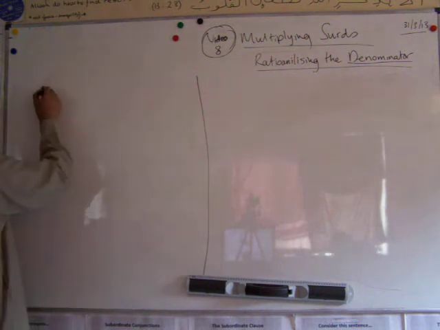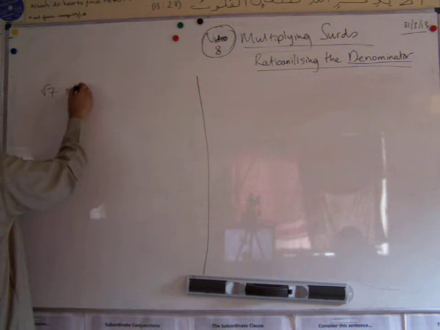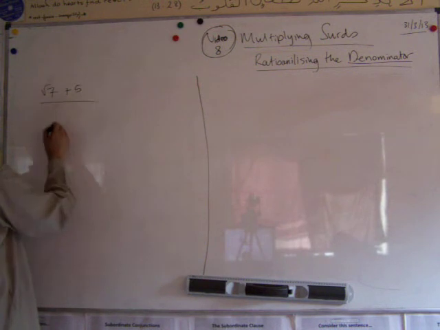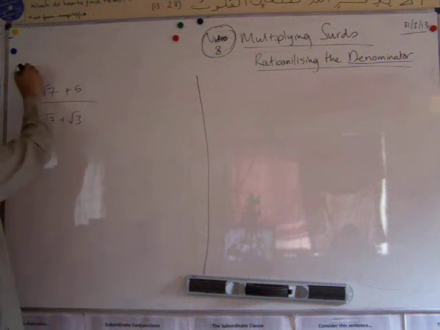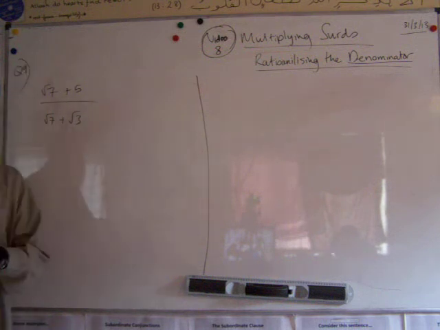Square root 7 plus 5 over square root 7 plus square root 3. That's question number 9. Okay, so